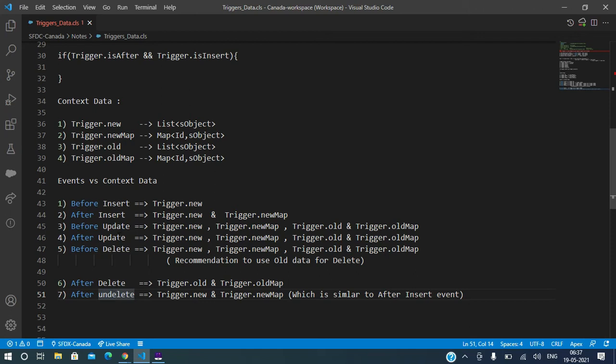Clear? Any questions? You may ask me why we need to run on before and why on after. There are many reasons, and we can discuss that while coding. For now, this is more important to remember. If any questions, please let me know.